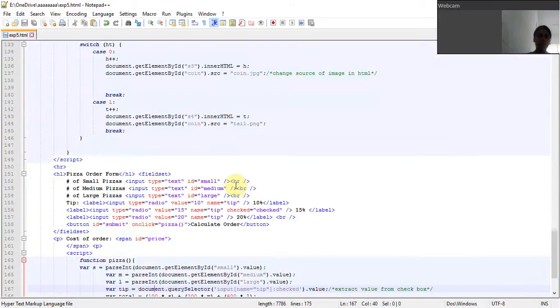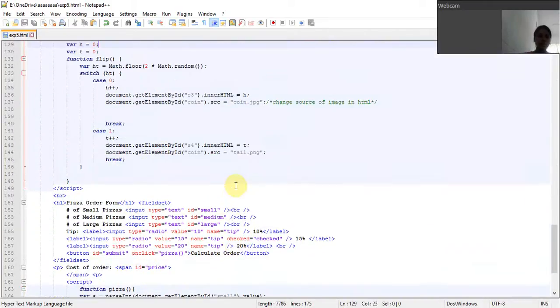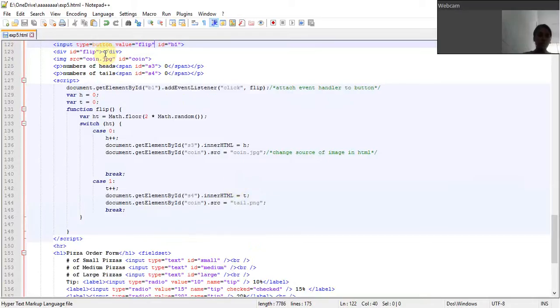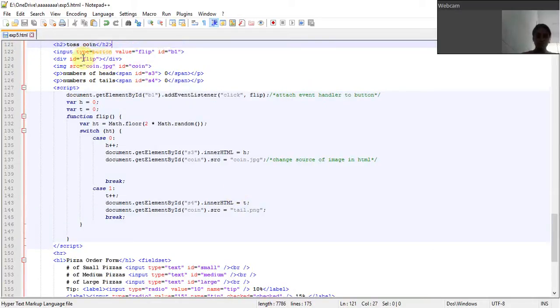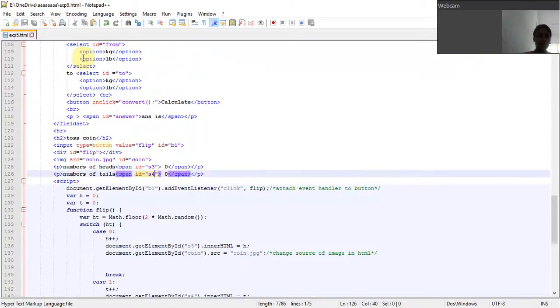In the next one I have to flip a coin. For that, first I am using the toss a coin event. First I am selecting an image from the sources, and then I am giving two text boxes for the number of heads and tails, and then I am using a button called flip. When the button is clicked, it will attach an event handler to the button. On click, it directs us to the add event listener on the button,